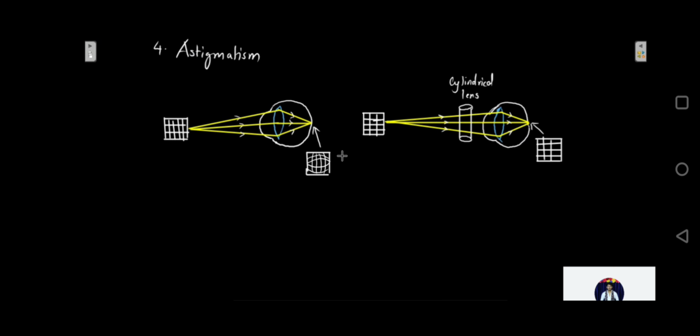Astigmatism can be corrected by using a lens whose one surface is cylindrical. Okay, so a cylindrical lens will be used over here. Such a surface focuses the rays in one plane but not in the perpendicular plane. That is why the cylindrical lens is used here. By suitably choosing the radius of curvature and the axis, the direction of the cylindrical surface, astigmatism can be corrected. So the way in which the correction is provided is by using the cylindrical lens.